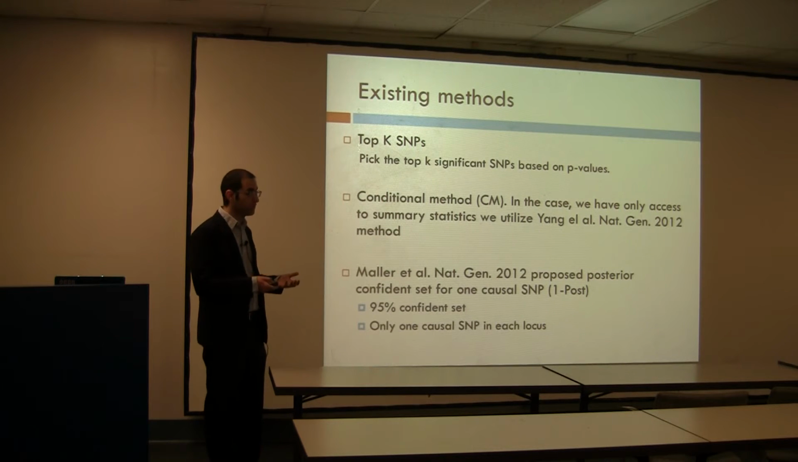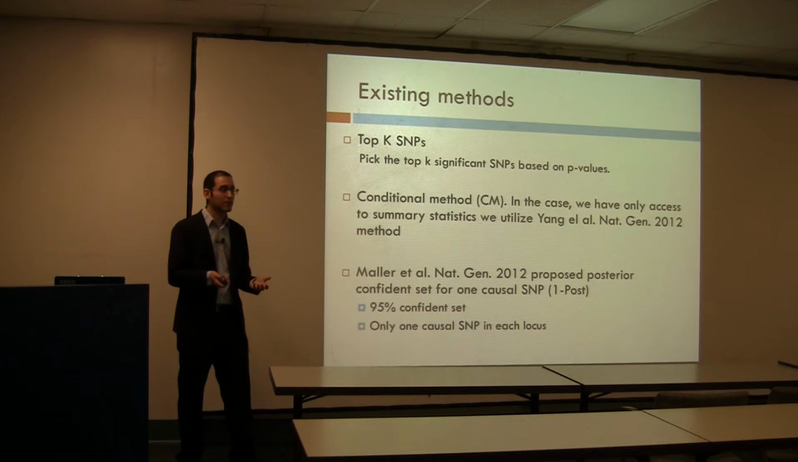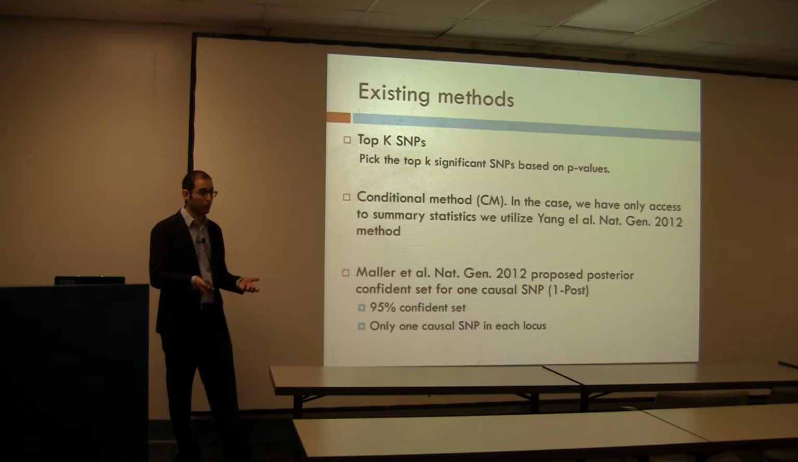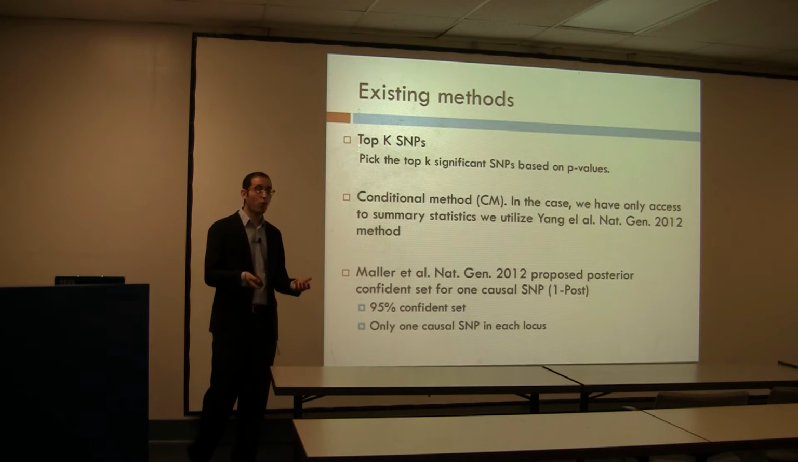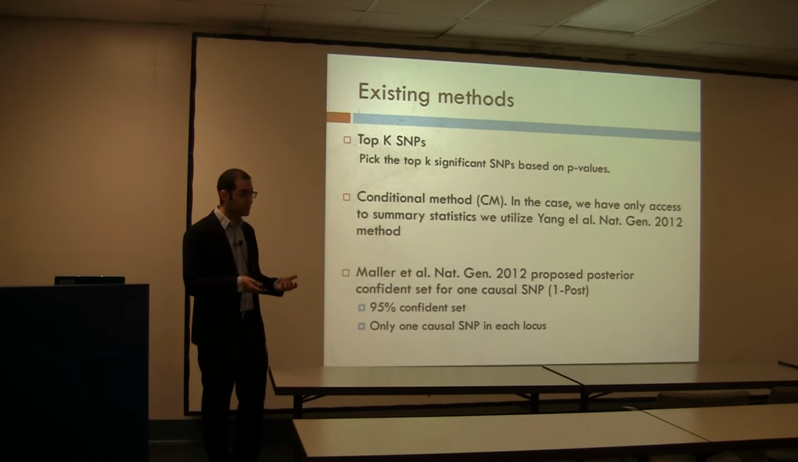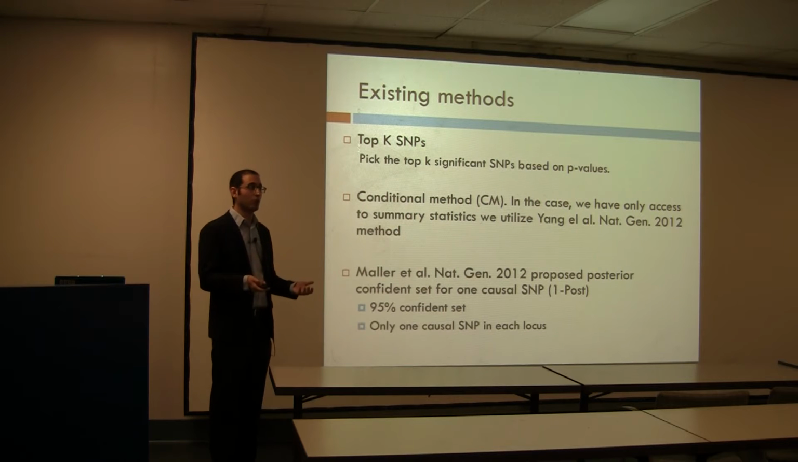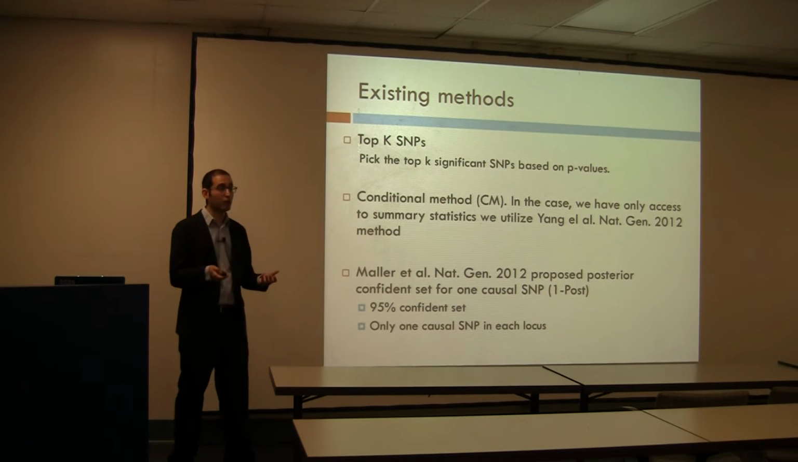And this method tries to find a confidence set, a 95 percent confidence set. So it seems very similar to what we are trying to find, with one big difference: they make an assumption that there is only one causal variant in a region. And this makes the problem much easier, computationally. However, you may have some biases and some suboptimal answers for regions that actually have more than one